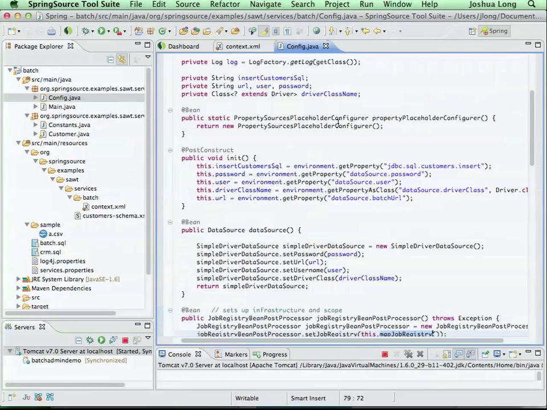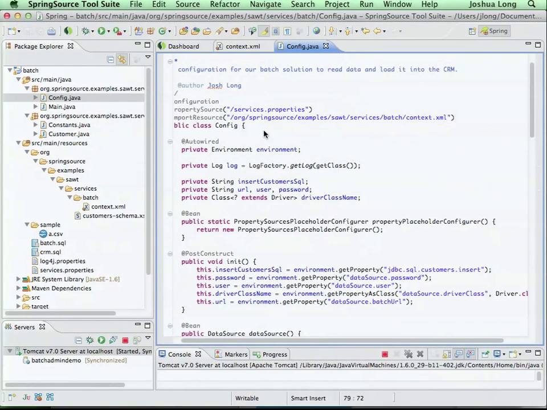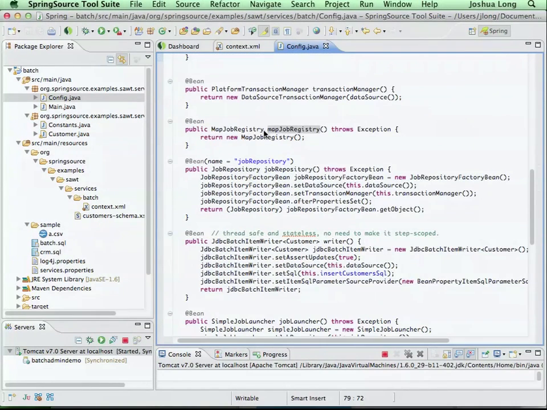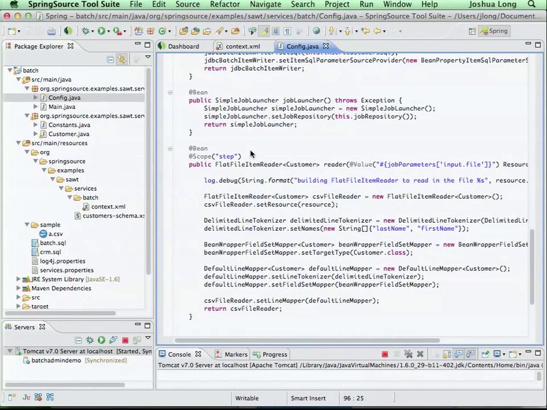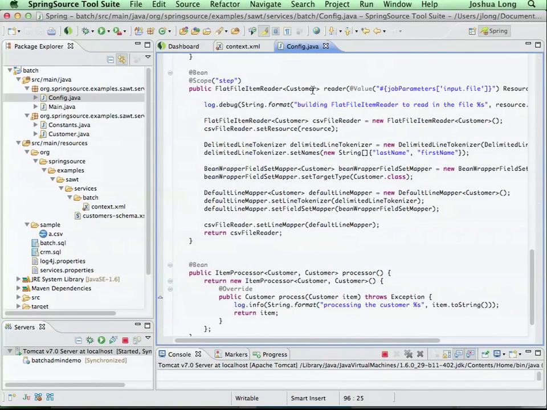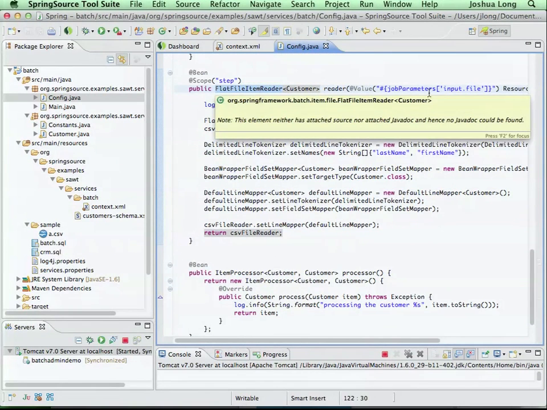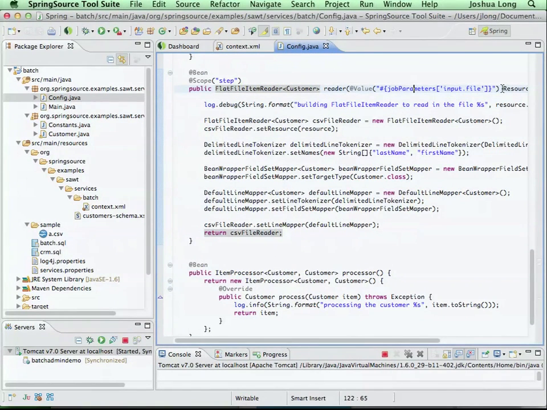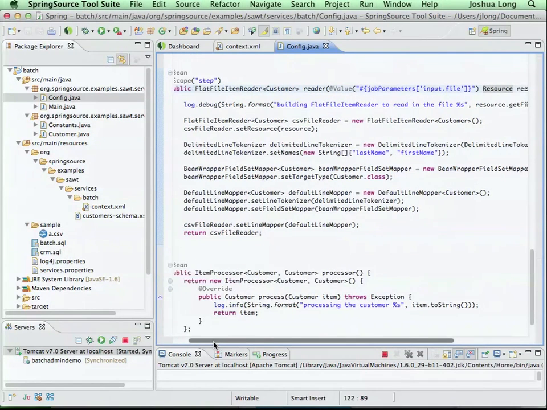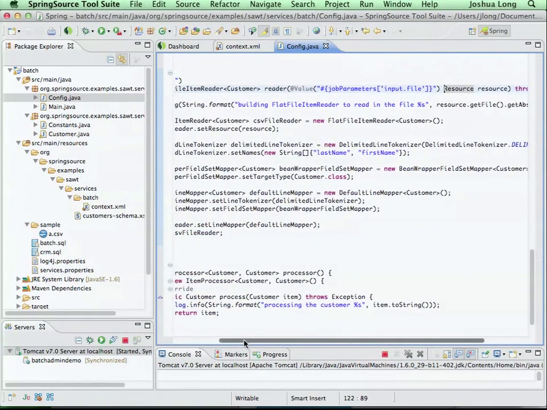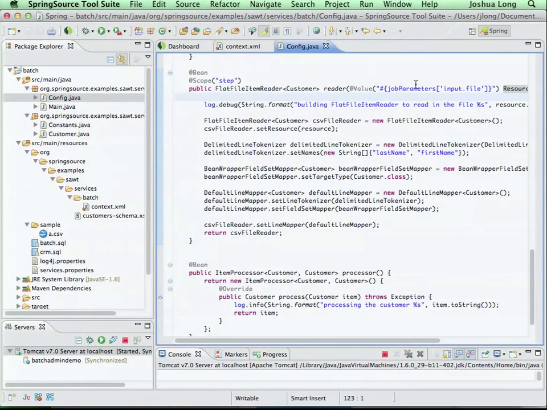So very, very, very powerful, and it happens to be my favorite way to go. Neither choice is right, by the way. I just like spreading the gospel, talking about the Java. So yeah, this is the gist of it, right? We've got the job launcher. We'll look at these beans in a bit, but the important bit is I've got a reader, which is going to read information from a flat file. I've got a parameter, which I need. This is the file that is going to be used to read, right? I'm going to read from this file itself. And that file will get changed every single time I run this job. So that's why it's scoped to this job parameters key, right? This is that step scope I was talking about.